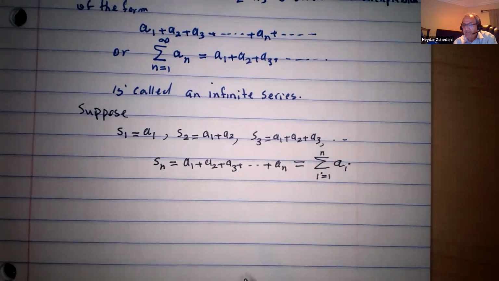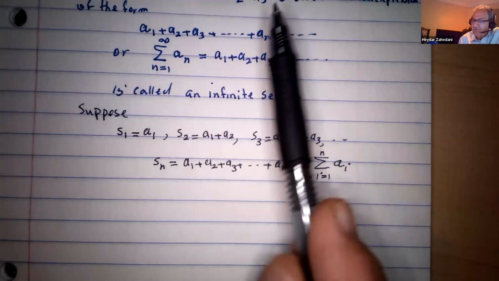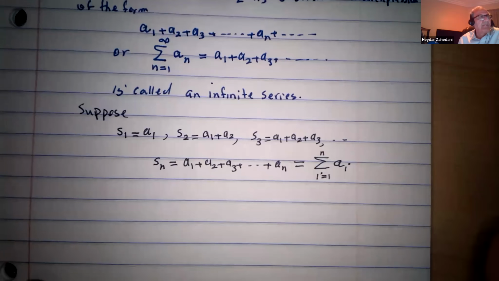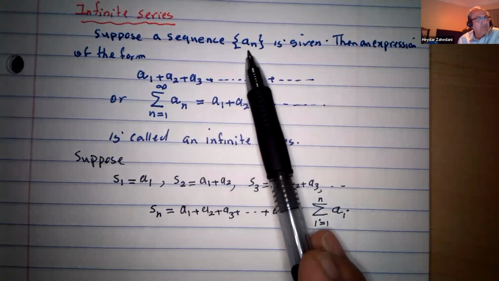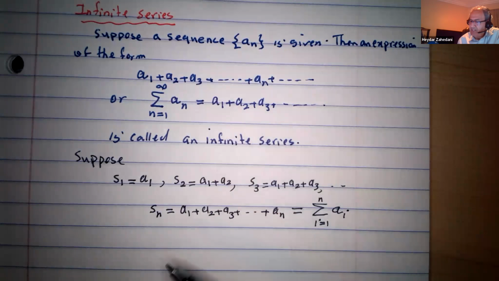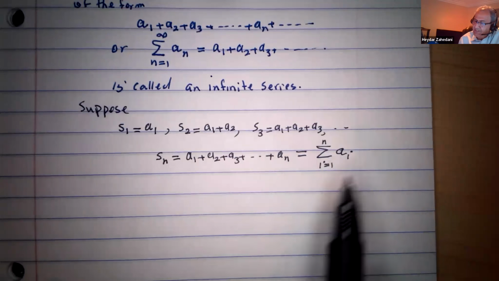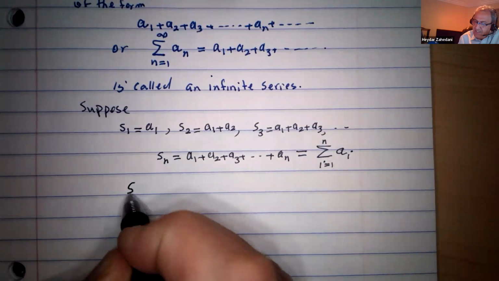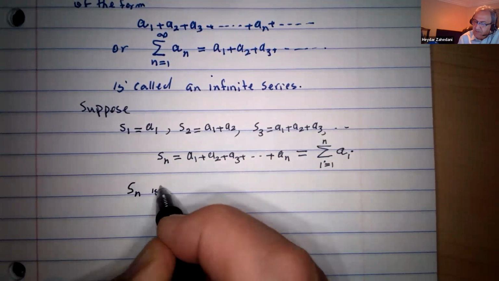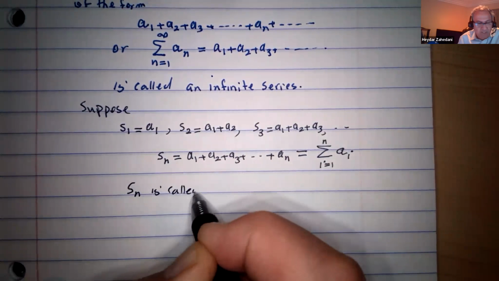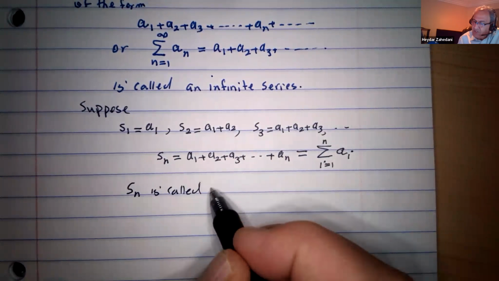So this is going to be a series with the given sequence AN, and this Sn is going to be called the partial sum